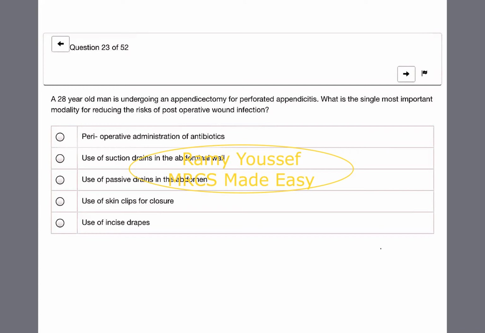Sometimes it is contaminated if there is perforation, or pus and infection, or suspicion of a perforated appendix. But if it is just simple catarrhal appendicitis, it will be clean contaminated. In clean contaminated, if you go for part B,